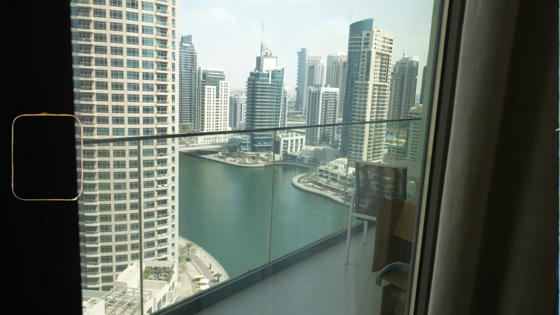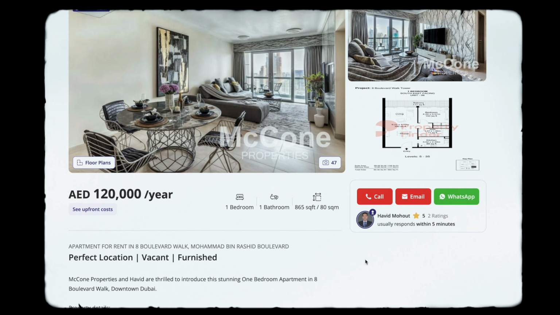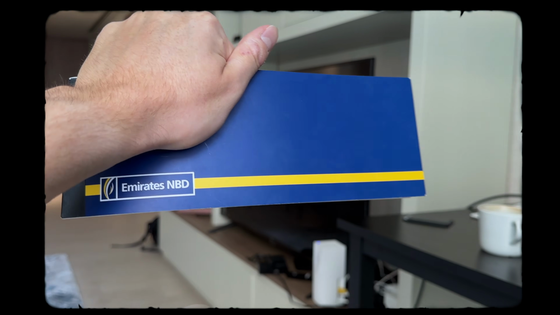I've just signed the lease on this new apartment here in Dubai. And in this video, I'm going to walk you through the entire process from start to finish to rent an apartment in Dubai. And let me tell you, this process is not as easy as you might expect. There's actually quite a lot of steps involved and many steps that I was not told about before, many fees,